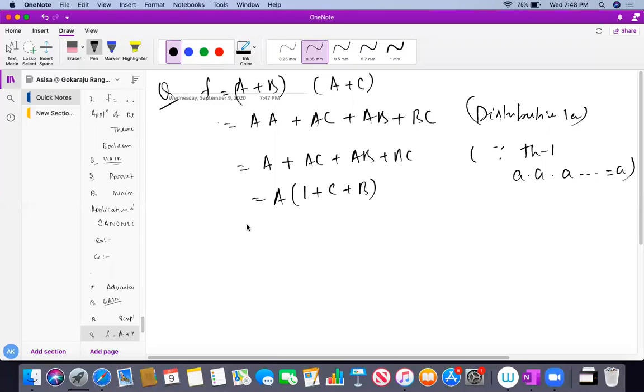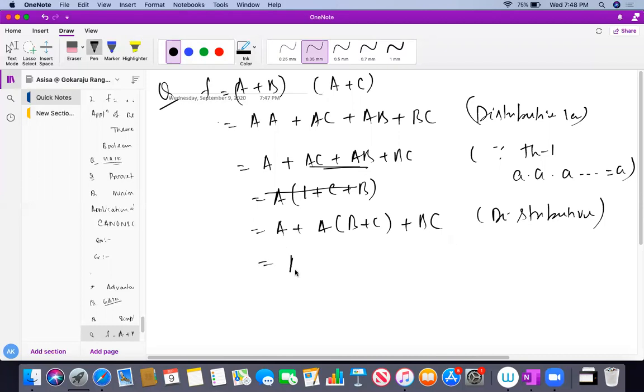I can take it like this. Or if you have doubt, you can do A, or take both of these common: B or C or BC. You have used the distributive law again between these two. Next, A or A and B or C is what I can take here, distributive: 1 or B or C. I can take it like this, or BC. I have used distributive again here. What actually is A 1 or BC is nothing else.